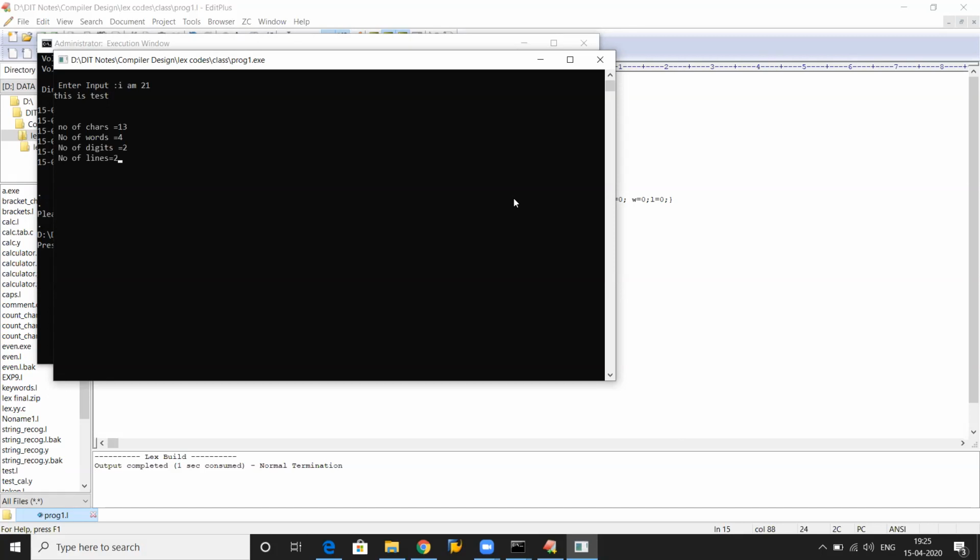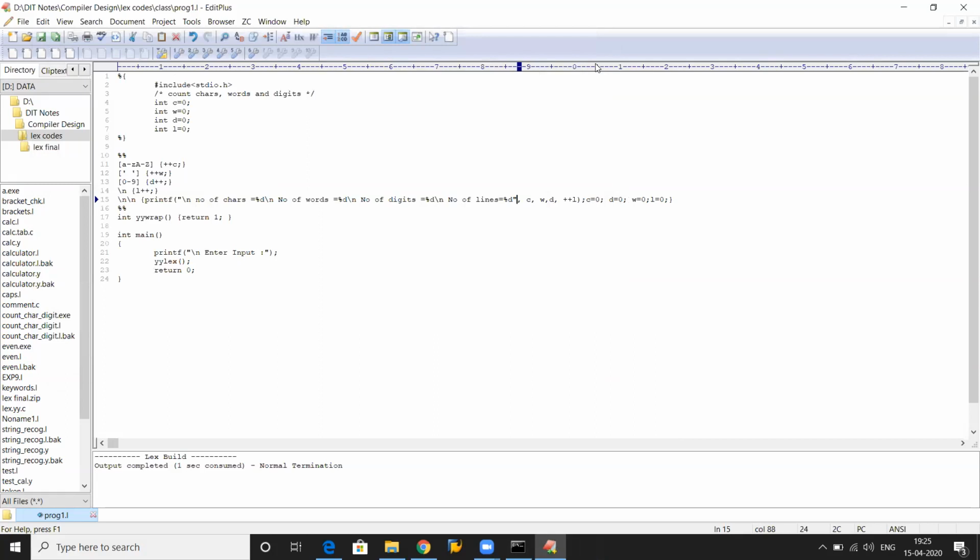Right? Okay, so number of characters 13, number of words 4. Which means you have to do plus W first, and number of digits 2, number of lines 2. So minor changes are required, otherwise your program is perfectly all right.